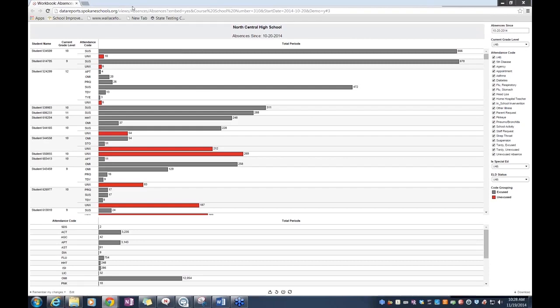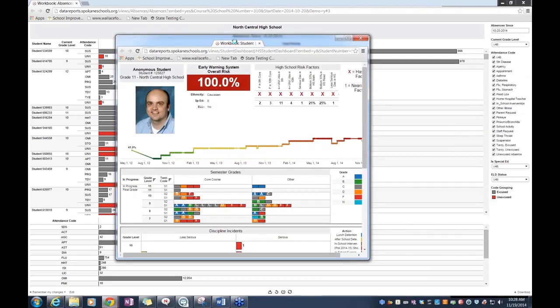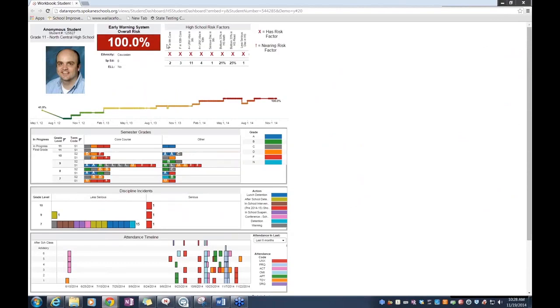Now, one of the goals of this is that anytime we put student-level data out there, our leaders were constantly asking, I want to know more. As I'm diving into student attendance, I want to know how this student is doing around credit accumulation, or how many Fs they have right now. So at any time, they can click in and see the ins and outs of a particular student. This is a fake student. This student has tripped all of the